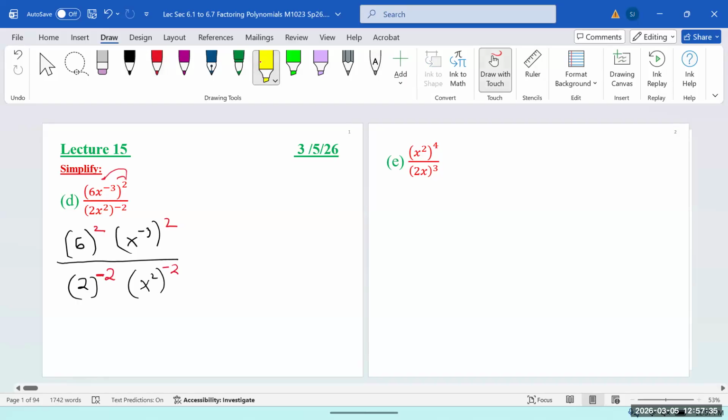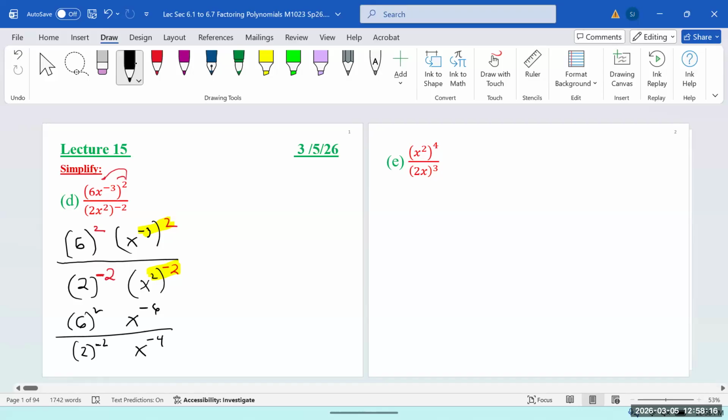And then what do we do? Multiply the exponents. So you go to the exponent rules. Multiple exponents for one base, multiply them. So we have multiple exponents for the same base x, and we're going to multiply them. So we have 6 squared. x to the how many powers on the numerator? If we multiply negative 3 and 2, negative 6. On the denominator, we have 2 to the negative 2, and if you multiply 2 and negative 2, negative 4.